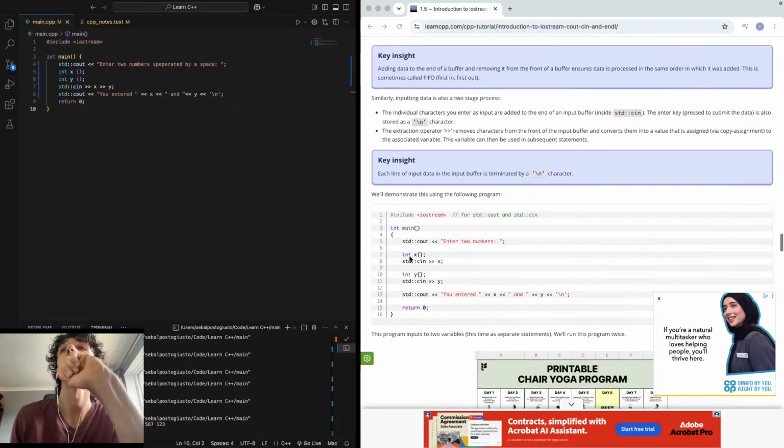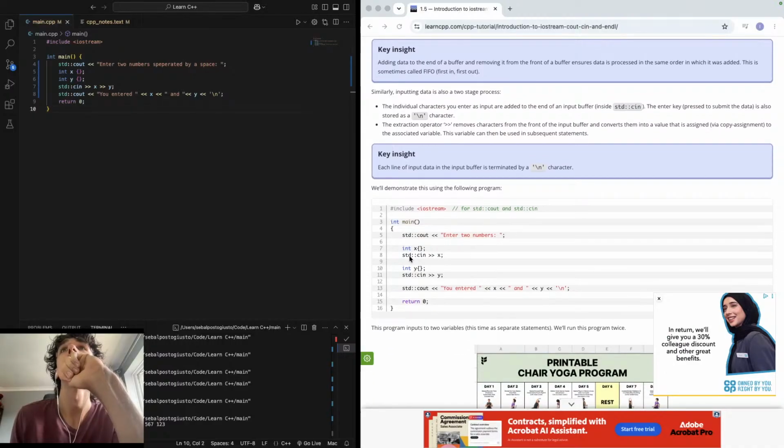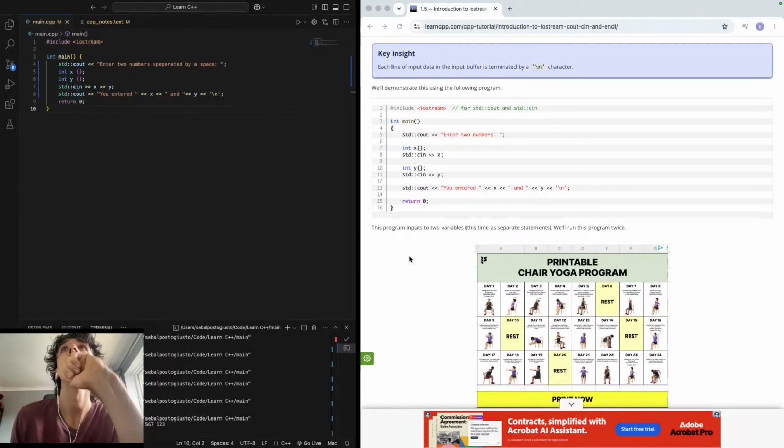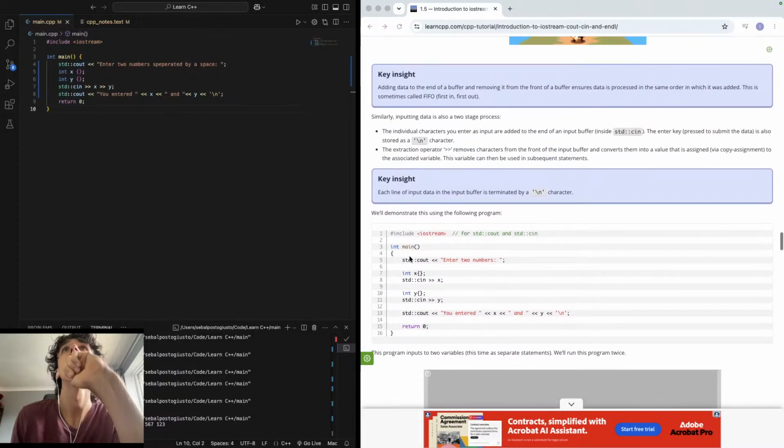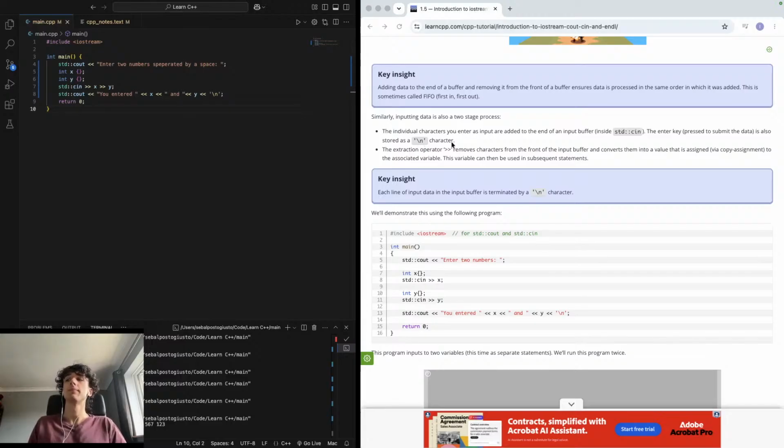So is there a better way to do that? Okay, the extraction operator removes the characters from the front of the buffer. Okay, so